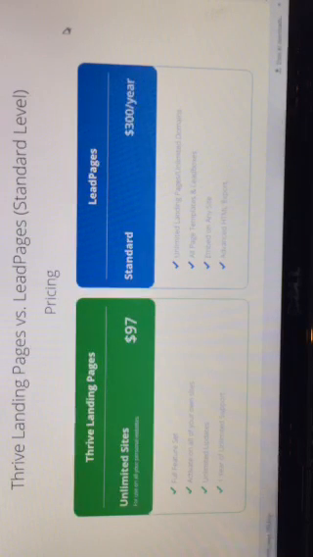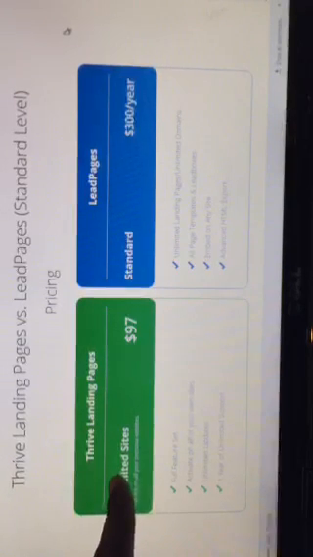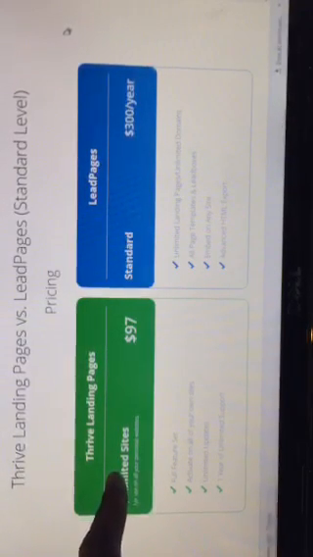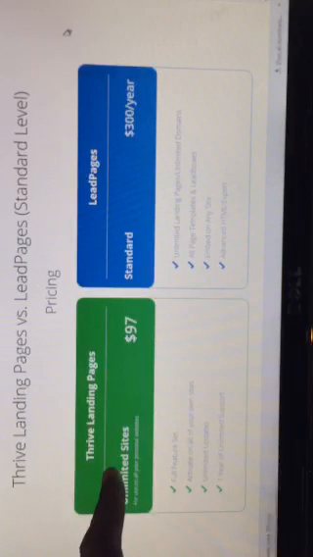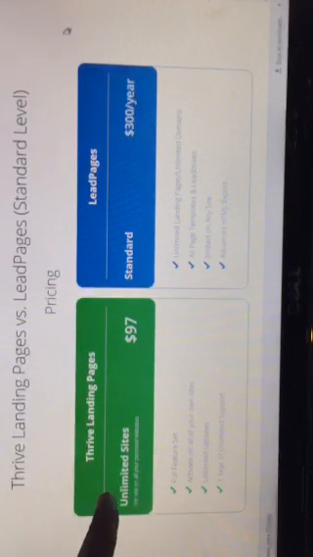So Thrive landing pages is only one plugin. But this company has like a million. They have like so many different. I said a million. They don't have a million. They have like 4 or 5 plugins, but they have value out of this world. All right. How do you get to the plugin? So how you get to the plugin is go to